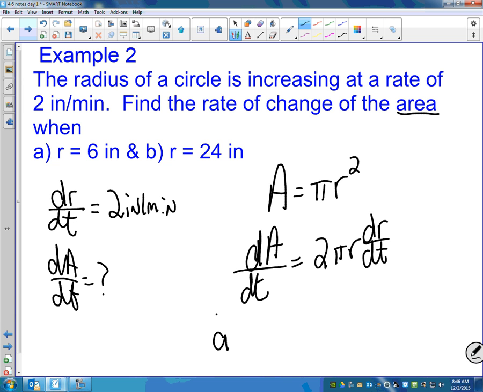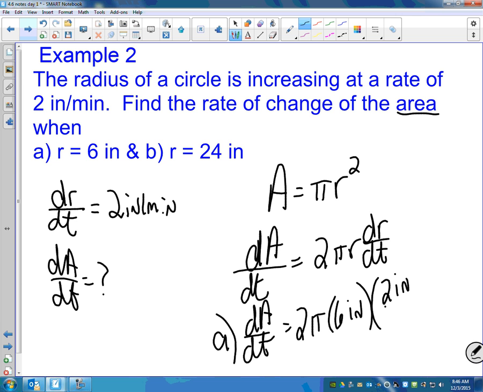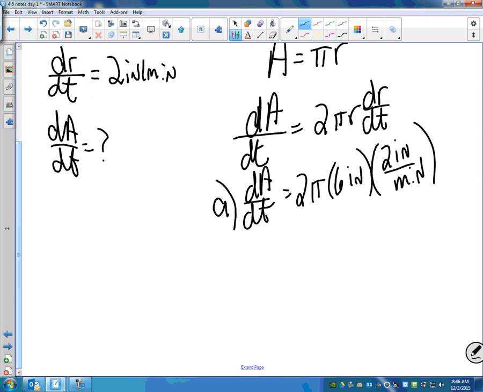So for part A, 2 pi, and the radius is 6. This is 6 inches, and the dr over dt is 2 inches per minute. That gives 24 pi, and my units would be